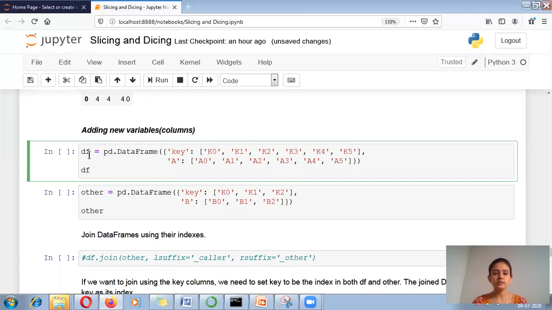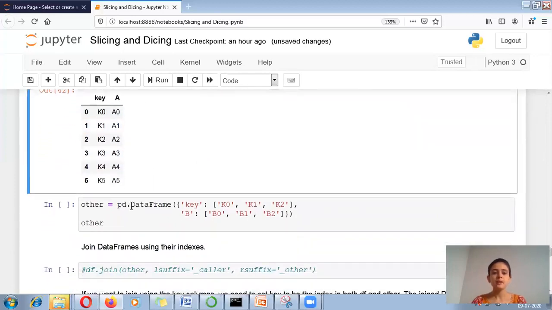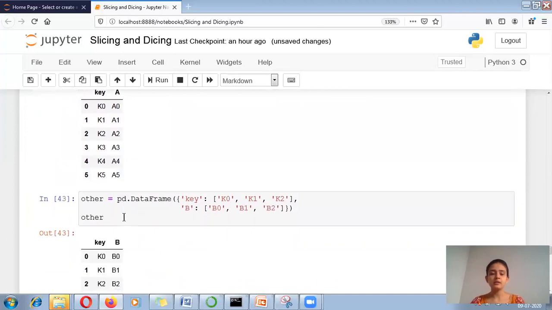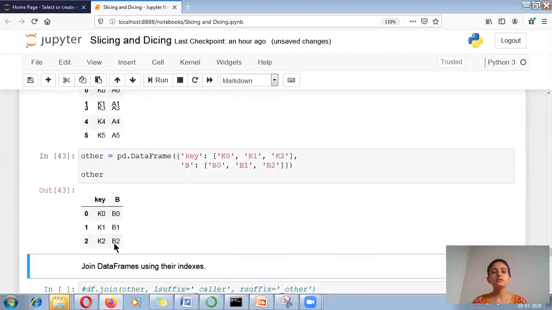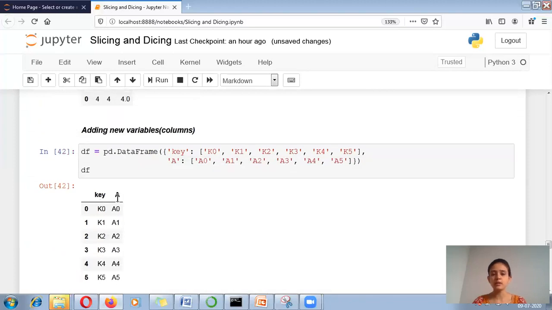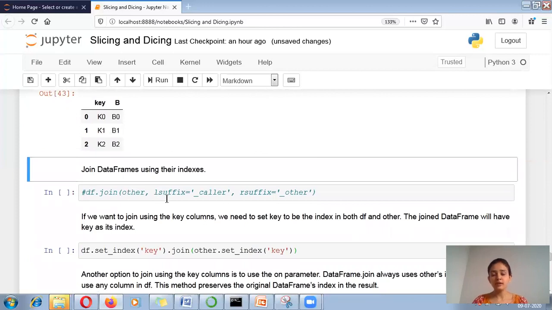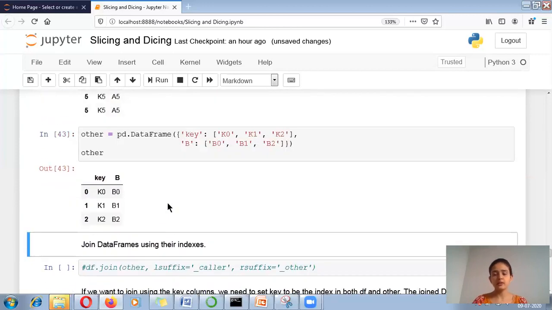So I am writing over here, df equals to data frame. I have created one data frame. It has the values like this, that is the key and second label as A. Another data frame I am having, and again it is having the values as key and column name as B. Over here the key is also there, but the column name is A. So if you want to join these two particular data frames, so for